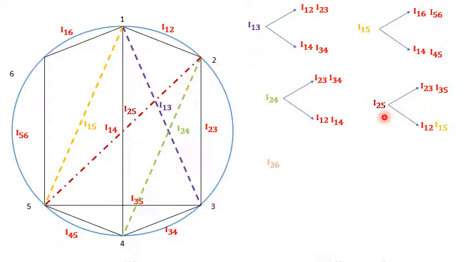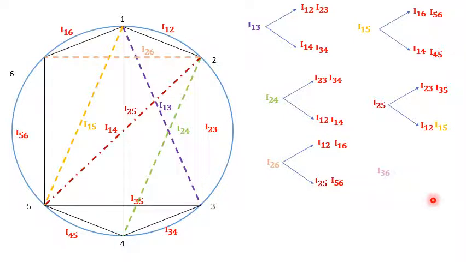So next one is I26. So for I26 we have to connect points 2 and 6. Draw a line which connects points 2 and 6, which is nothing but I26. Okay, so this is one triangle, right? I12, I16. Another one is this right angle triangle, I25, I56. This is I25 and this is I56. Using these points, we can locate I26.